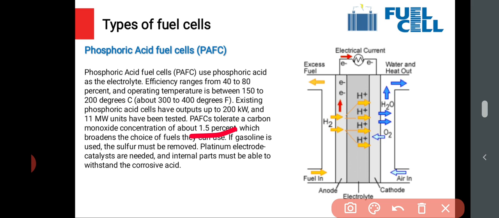So it opens up the options of using the fuel, that means the hydrogen. In this case, you can use the hydrogen made available from the